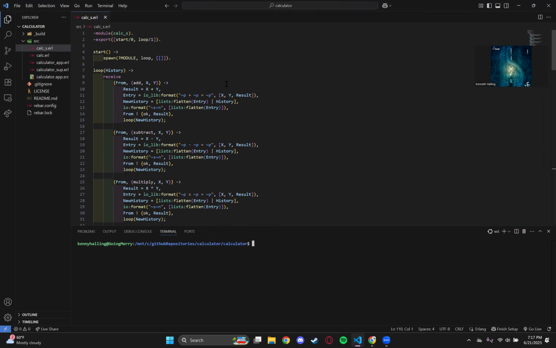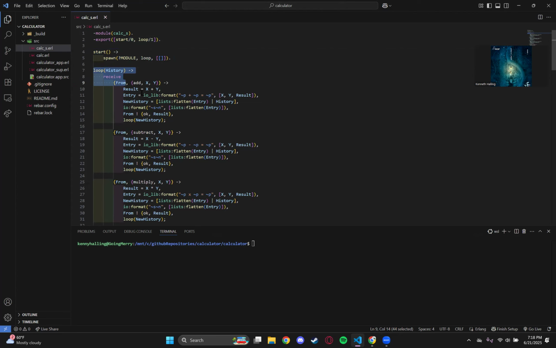But anyway, just to go through what this code is doing real quick on a high level. Erlang is really good at message passing. Normally you would export a lot of functions that you could then call into the terminal down here. But I've only exported two, because I've given the program the capability to create a process that calls this loop function, which then will allow me to basically